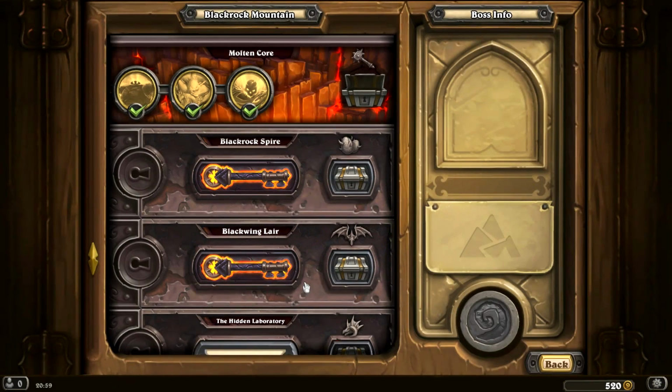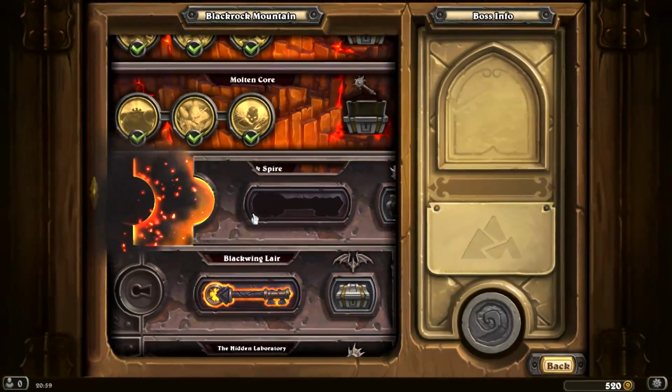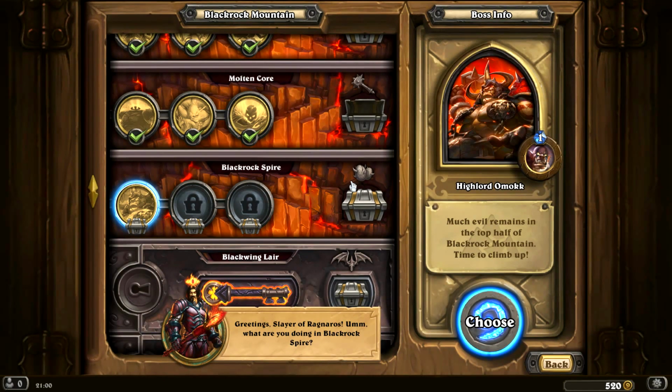Alright, how do we get back? Alright, there we go. Let's crack open Blackrock Spire, get the key in and all that jazz, and it is time to get slinging. Oh man, this is going to be awesome. We've got 3 opponents to take on today, and our very first Blackrock Spire opponent is...